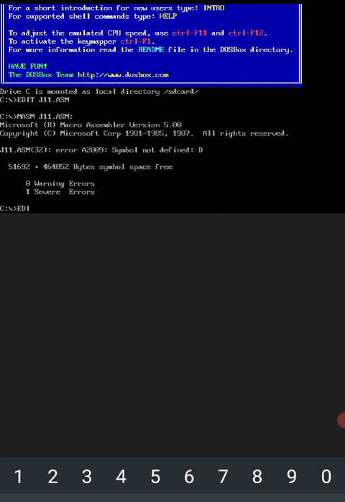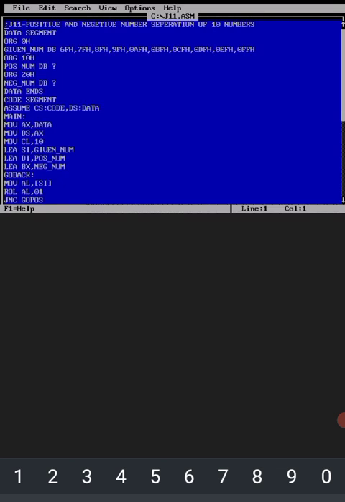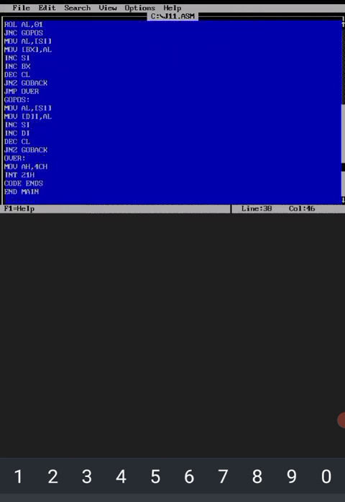So I have to get back and edit j11.asm. Line 32 is here. Here I have to write DI inside brackets. Now it is okay. Then I will save it again.